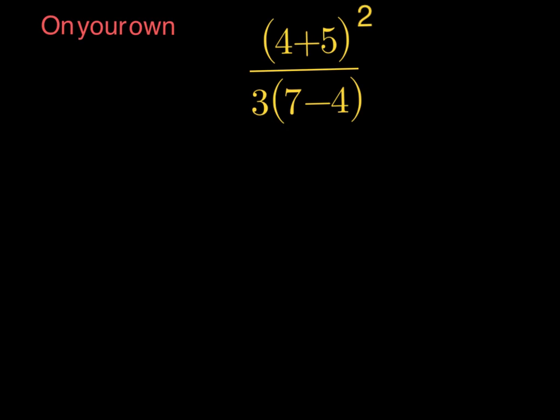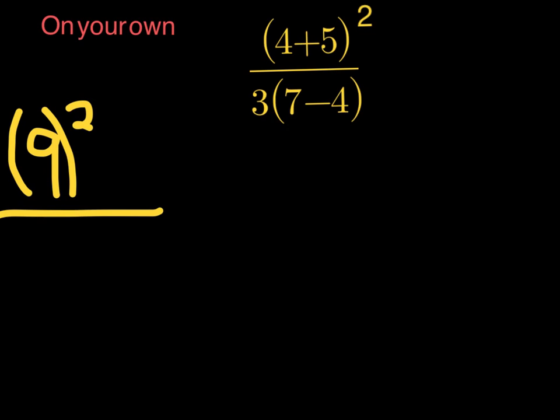If you solved it correctly, you would have started with your parentheses using PEMDAS. You would have started with 4 plus 5, and you would have gotten 9. You still have that exponent, so leave that. And then on the bottom, you would have 7 minus 4, which would have given you 3. Then you would have moved on, and you would have had